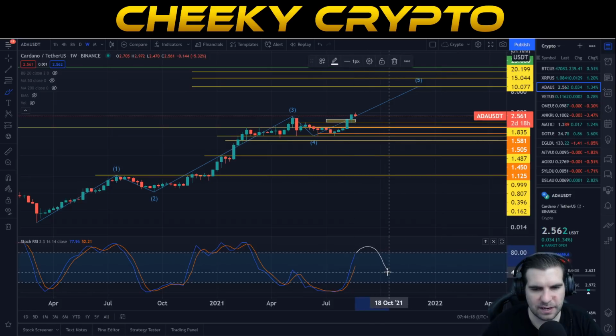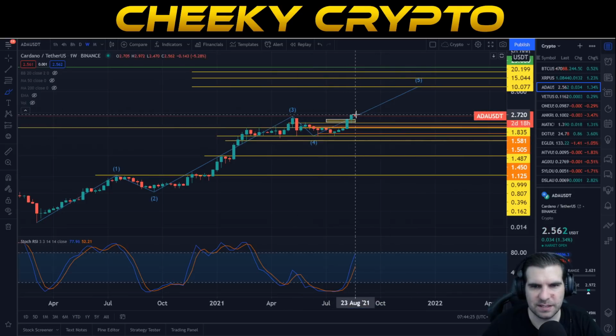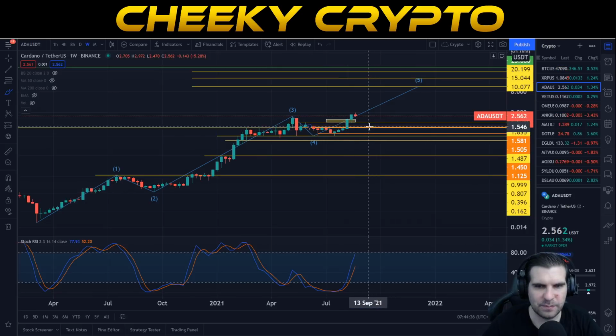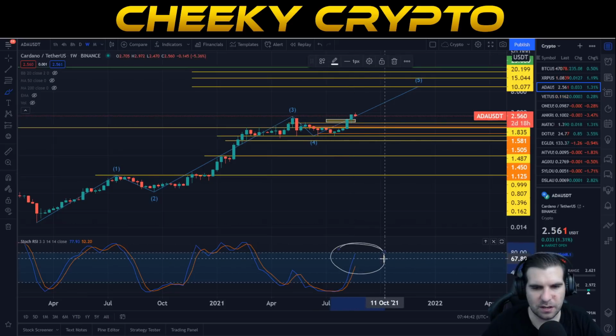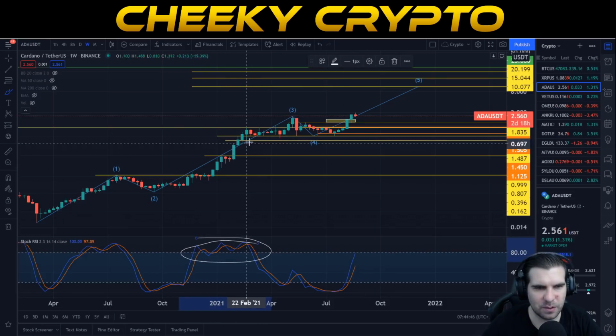So we are, of course, looking to have some kind of short-term pullback and then another push to the upside. That could be the month of September, where we start to see Cardano lose some traction before actually continuing its growth to the upside. Okay, so we have to be mindful that nothing moves in straight lines. We've only had one red week so far, and we haven't even completed this week in terms of candles yet. So once that does complete, be aware that we are looking for a move back up into this overbought area in the same way that we were tracking for the majority of this third